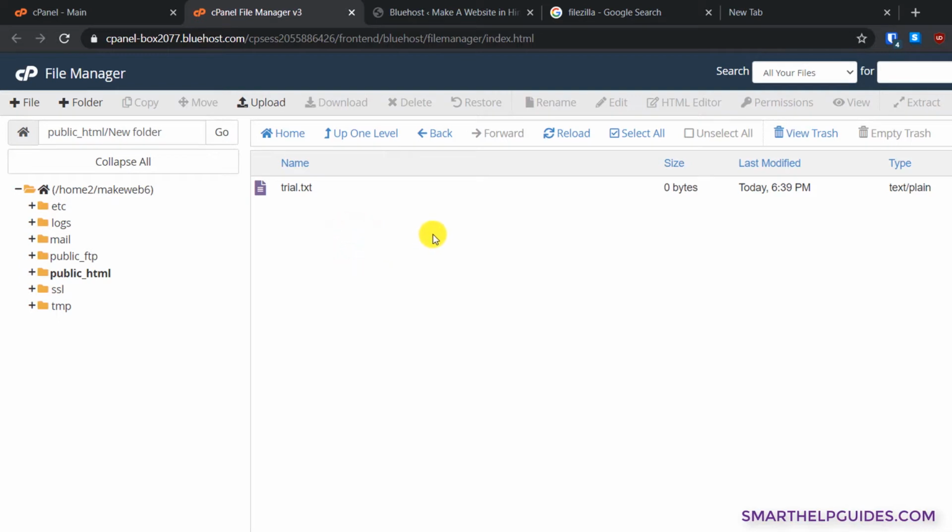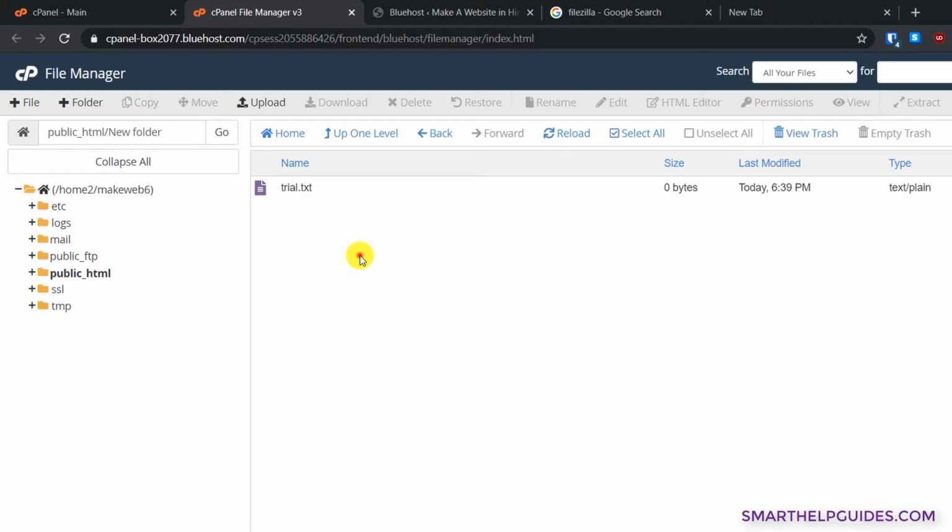If sometimes you are not able to see the newly uploaded file, you can use this reload option, and it should be visible then. You can use this method when you want to verify that you own this domain or website, for example with Google AdSense or Google Webmaster. For such purposes, you can use this method.